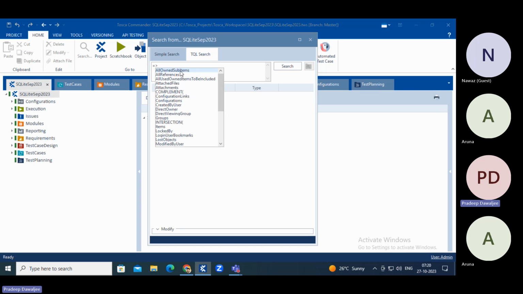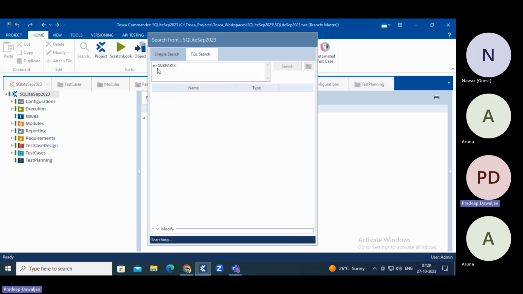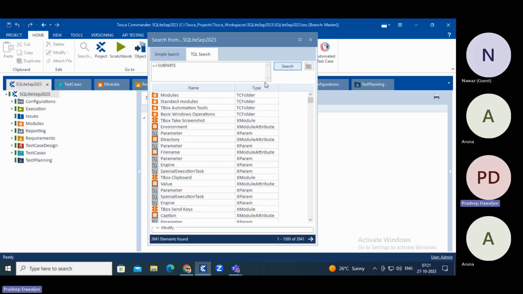So you have what all own sub items or attached. So I would want you to just explore this more, since I won't be able to focus on each and everything, but mostly, as I said, super parts is what we have, subparts. So for now, I'll just pick this subparts. So under this subparts, if I just click this and click on search, then whatever items are there under this,